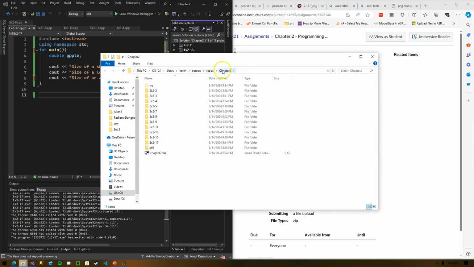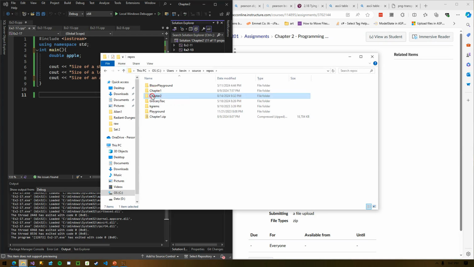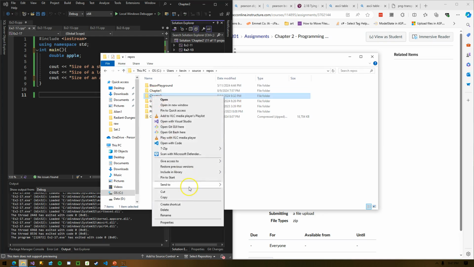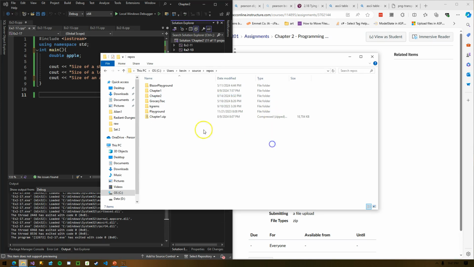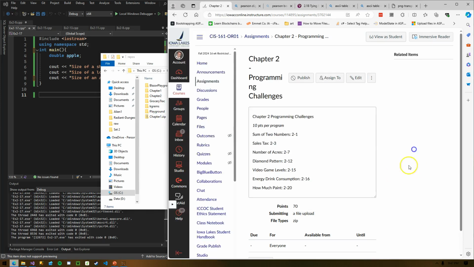Here I'm inside the Chapter 2 folder. I'm going to go up one level. Here is where I would right-click Chapter 2, send to compressed zipped folder. As we saw last time, this isn't going to work because I have the solution file open in Visual Studio. But if I were to close this, this is what I would do. It would create that chapter2.zip, and that's what I would upload to Canvas.